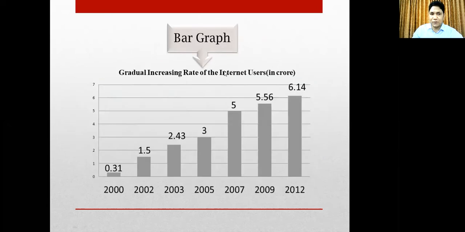Okay, have a look. This is the diagram of a bar chart or bar graph. You see, different types of bars of different heights are used in a bar graph. Okay, this is the graphical display of data using different bars. Have a look. Okay, I think you have got my point. So this is the graphical display of a bar graph.